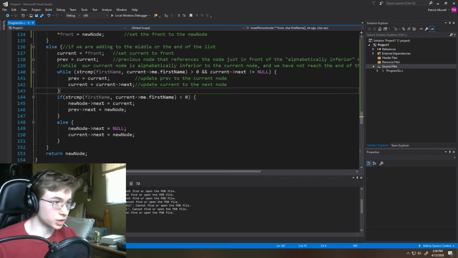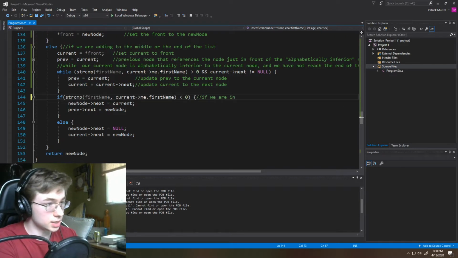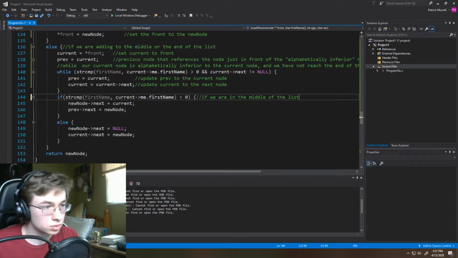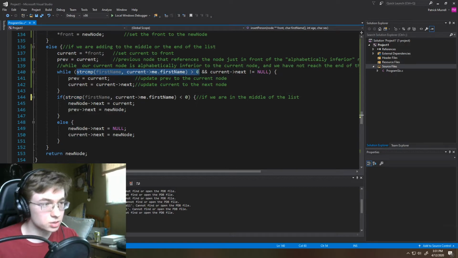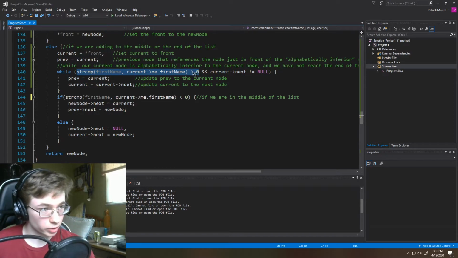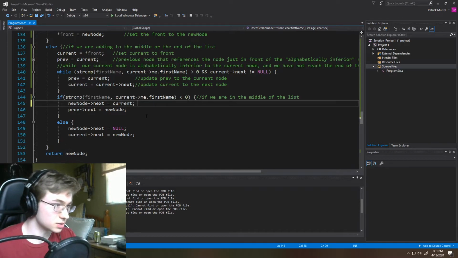So we're going to keep doing that until one of these conditions is false. If we are in the middle of the list, we're going to break out of the while loop once this condition goes from greater than 0 to less than 0. So our code, if it's less than 0,